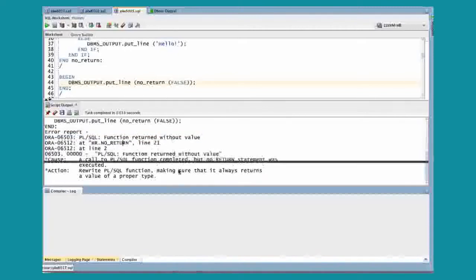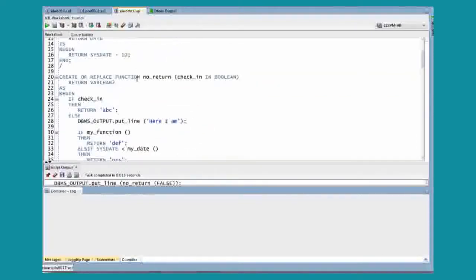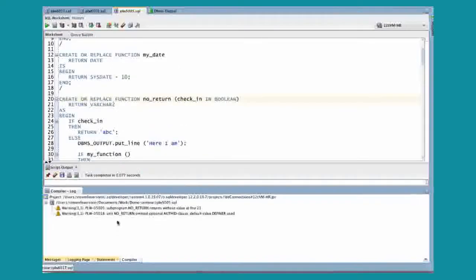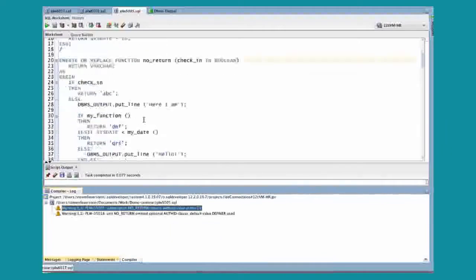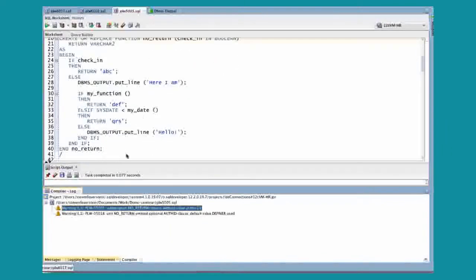And of course, we can now flag it with the PL/SQL compile time warning. So now when I compile, take a look. Subprogram no_return returns without value. It doesn't tell me what line of code is the problem. Now we can look at this code and say, here's the problem. There's no return here. But it doesn't try to do that kind of analysis. It simply says by the time you get here, there's a chance that through one branch of logic, one flow, you might not have executed a return at all.